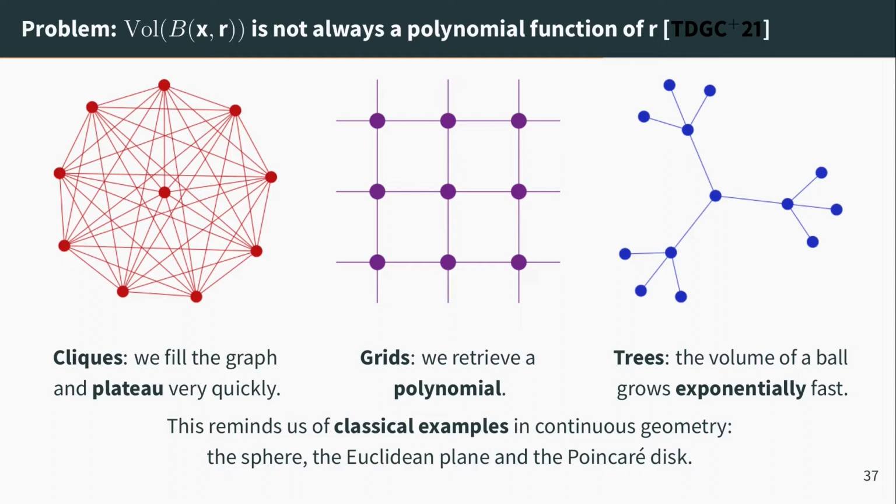Those analogies led people to believe that dimension on a graph is maybe not so well defined, and so instead we should try to understand curvature. And why curvature? Because basically the main difference between a plane and a ball is that the ball has high curvature, and this is what makes the volume function not polynomial. Okay, so here we are.